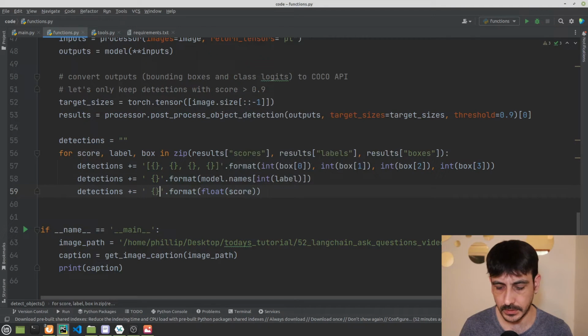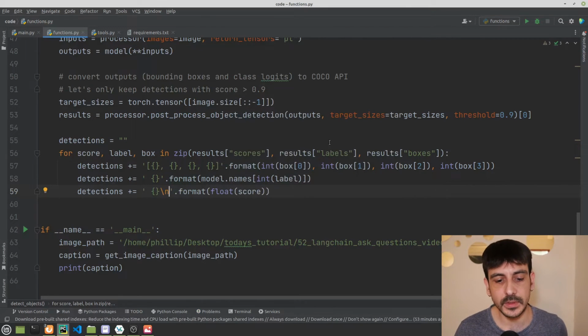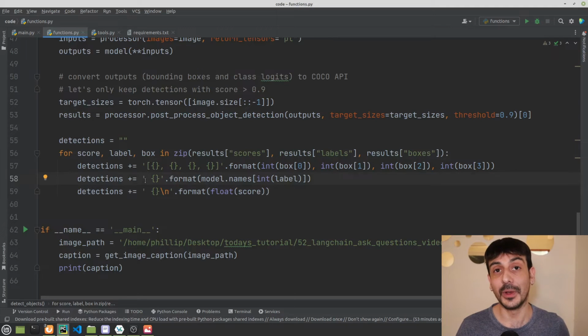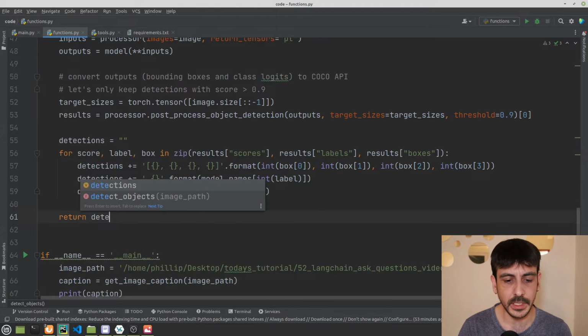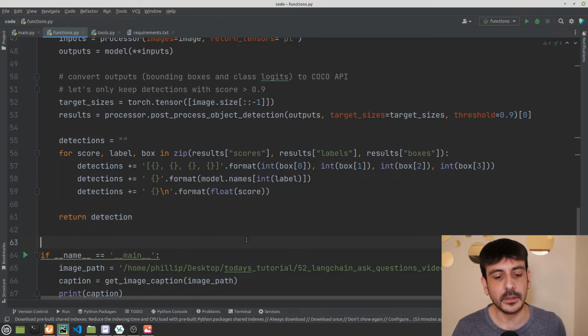Okay, and then let's just end this string with a new line character, because the way it works is that while we are going through all the results, all the detections, each one of these detections is going to be a new line in this string, right? And this is exactly how we need to do it. So I'm just going to return detections,